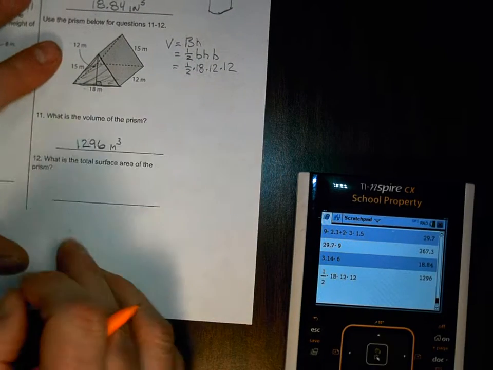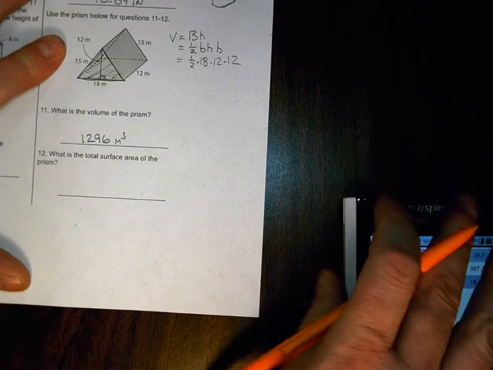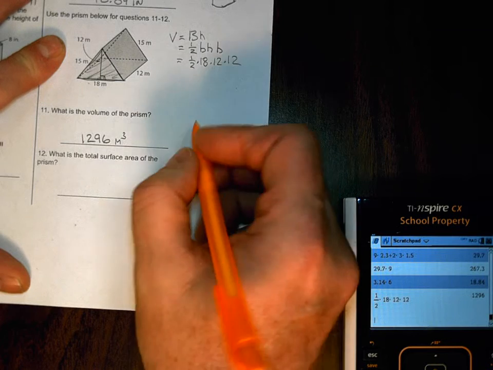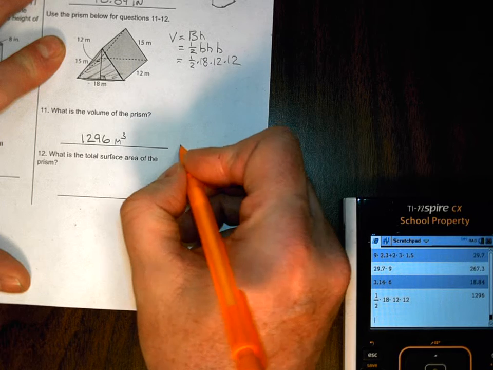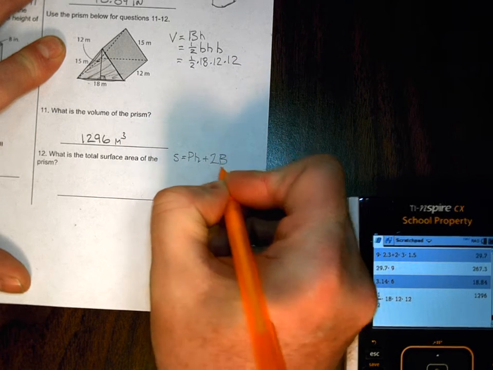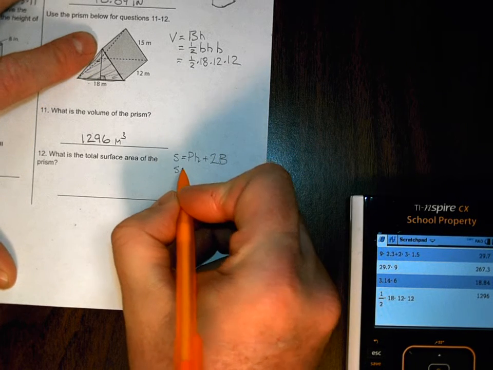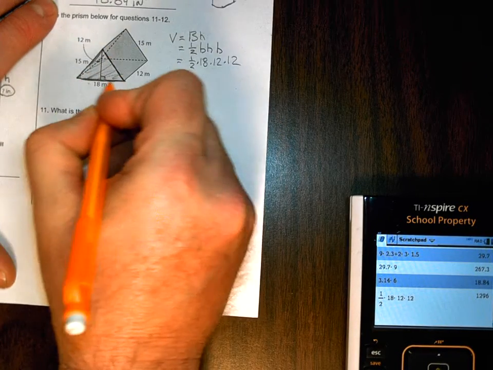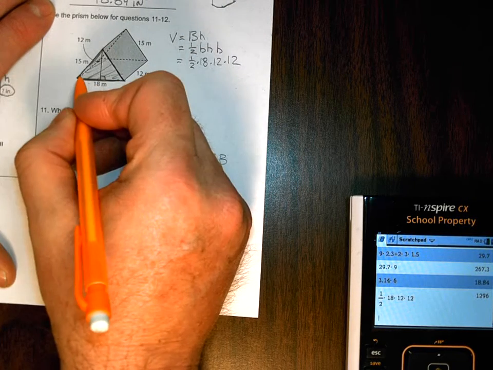So let's look for the formula for surface area of a prism. The formula for the surface area of a prism is surface area equals perimeter times height plus 2 times the base. So perimeter, I'm going to go around. Remember, the perimeter we're talking about is the perimeter of the base, which in the case of a triangular prism is always the triangle. So 18 plus 15 plus 15, which gets me 48,